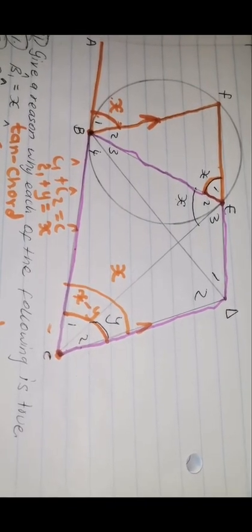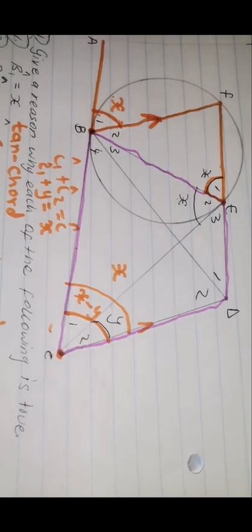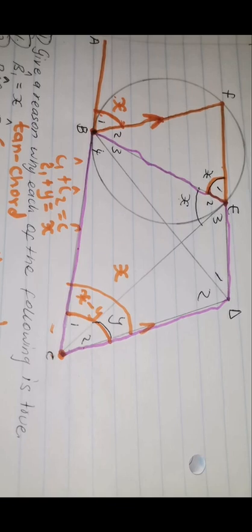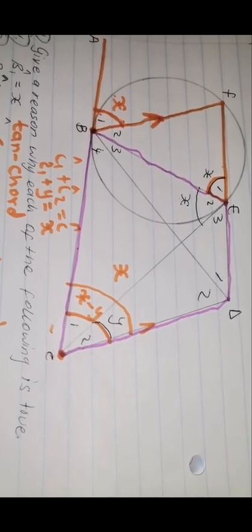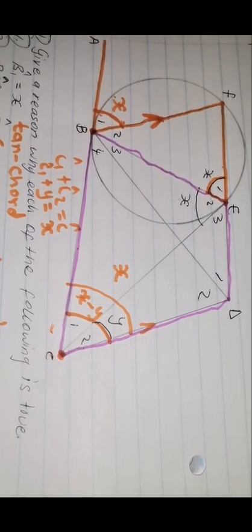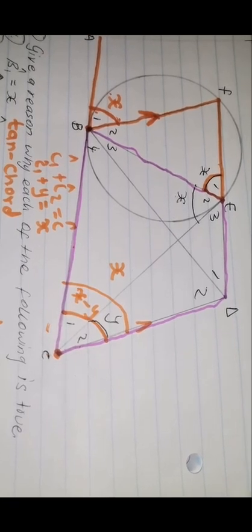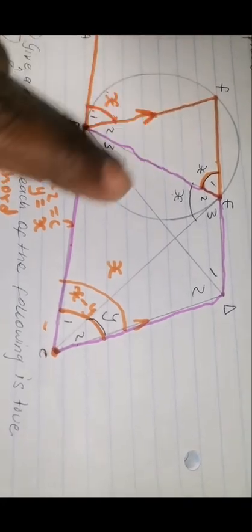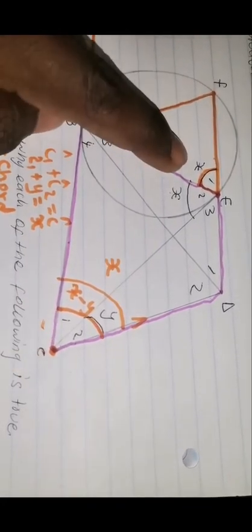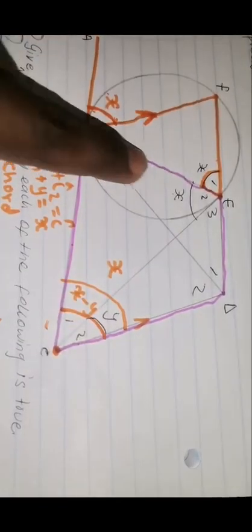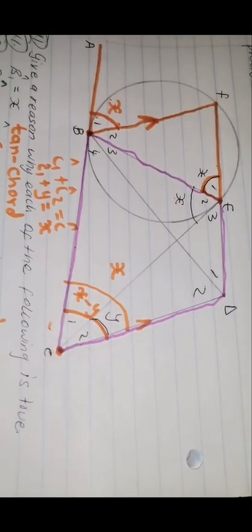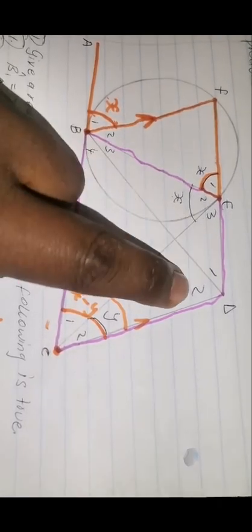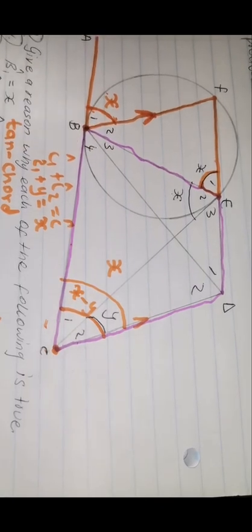You just utilize what is visible on the diagram. Just try the simplest way you can simplify this problem. The last one is if and only if you have an angle that is outside the quadrilateral. Exterior angle equal opposite interior angle of cyclic quad. Basically, I can say E1 equals angle C, because E1 is an exterior angle of this quadrilateral. And also B1 plus B2 equals D1 plus D2, because B1 plus B2 is an exterior angle of